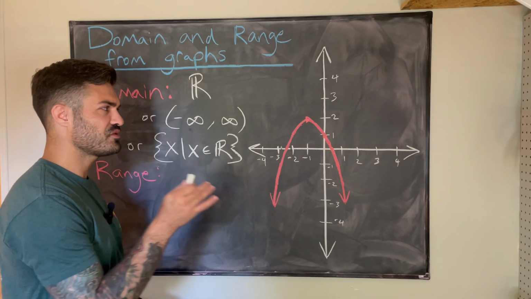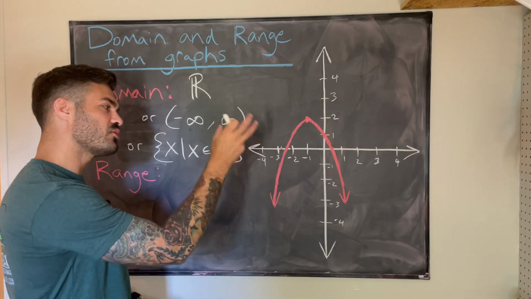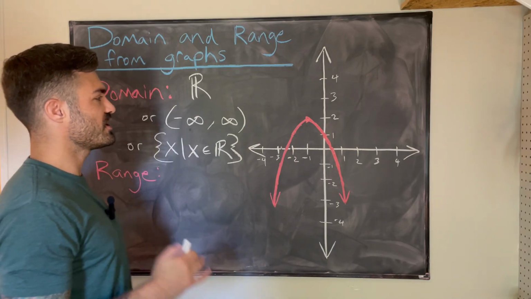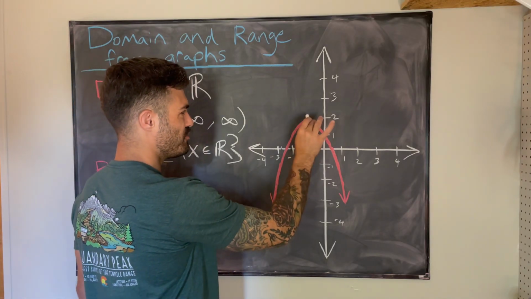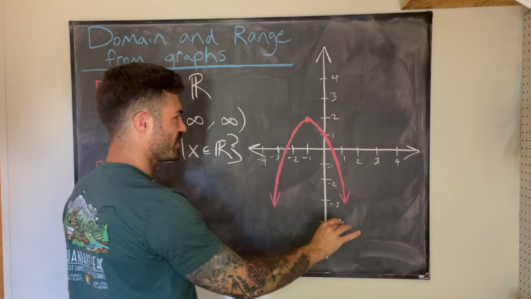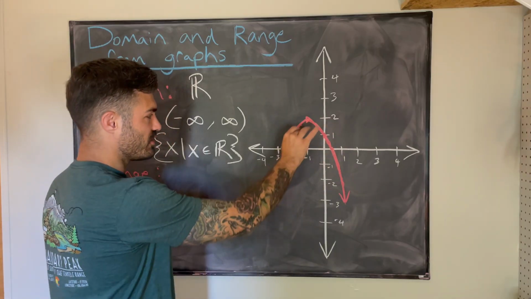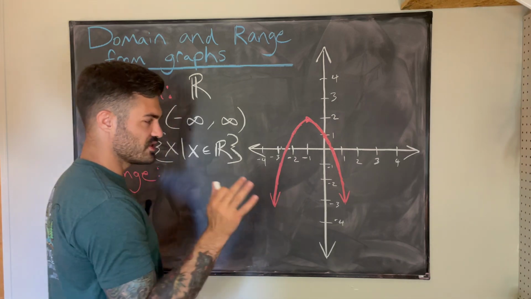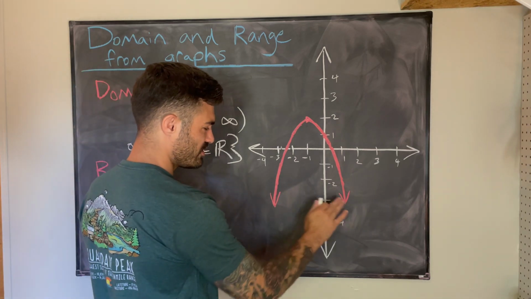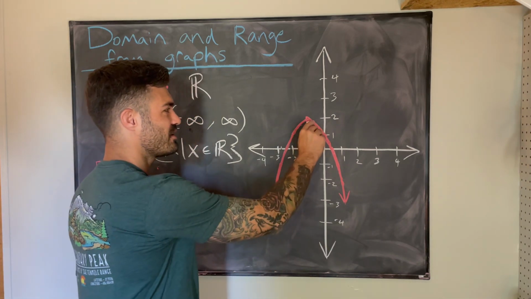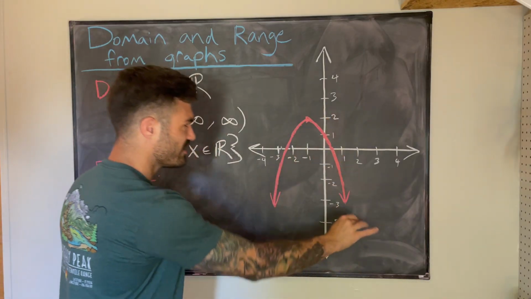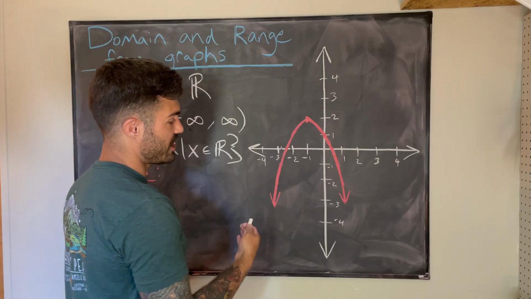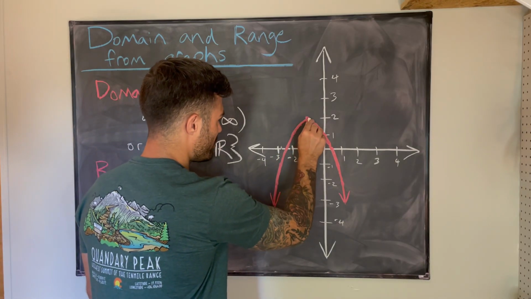Range is where kids often struggle, especially with quadratics that open down like this. And here's why. They're usually pretty good at identifying that 2 is the biggest y coordinate that shows up on this graph. And there is no smallest. The y coordinates go down forever and ever. But think about this. It's two things, I think. It's these arrows that are kind of misleading because it makes us think that we're going in this direction. And it's also just the way we draw these. If I were to sketch this graph, and even when I graphed this, I started here and I went boom,